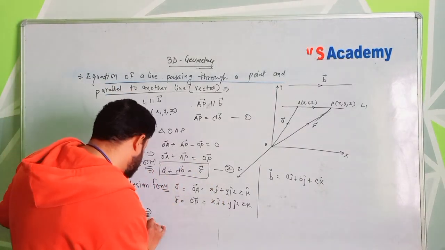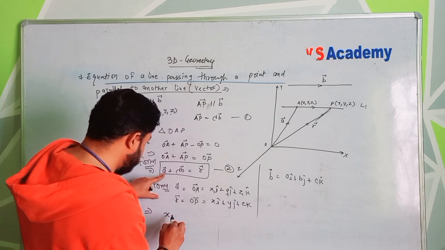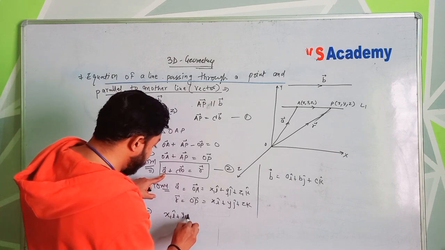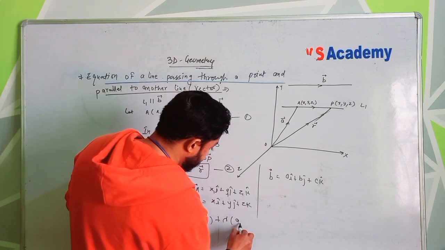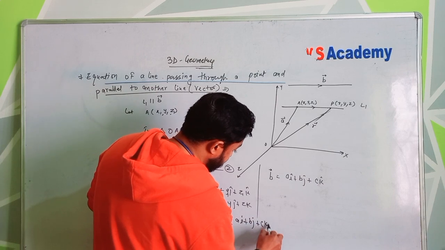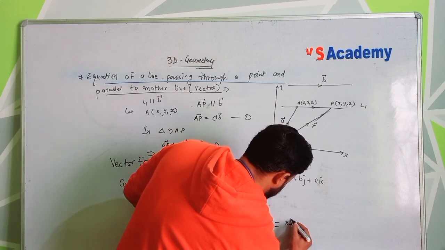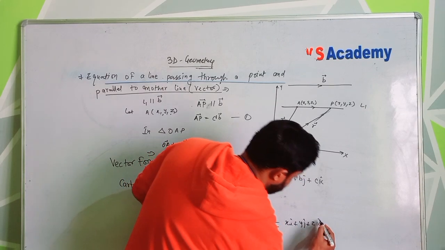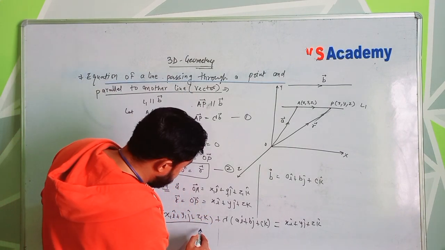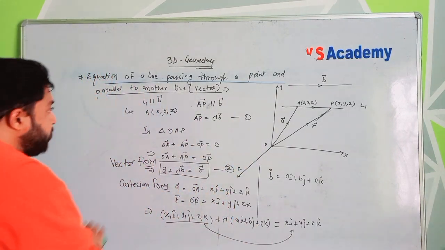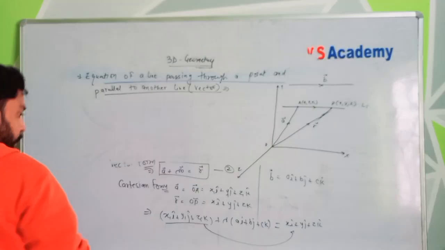We can substitute: for vector A, x1 i cap plus y1 j cap plus z1 k cap, plus lambda times vector B, which is a i cap plus b j cap plus c k cap, and vector r, which is x i cap plus y j cap plus z k cap. I hope you understand. Now you can transfer these terms to the other side, so I can drop this portion. So now we have,